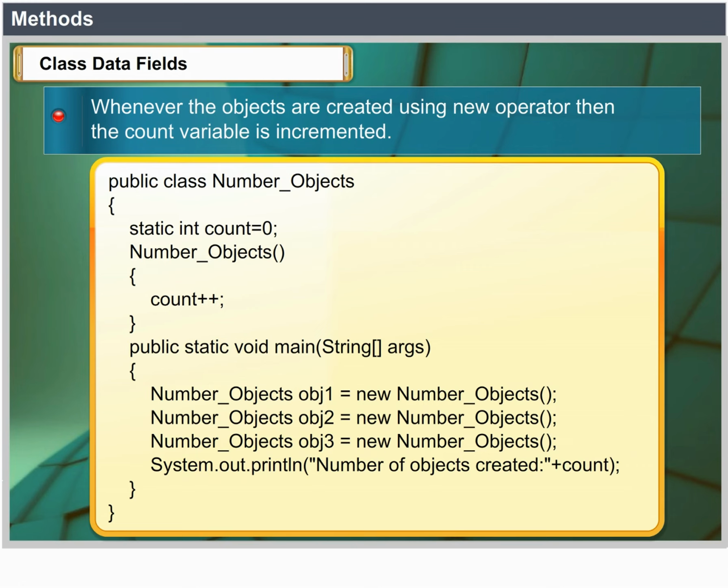public class number_objects { static int count = 0; number_objects() { count++; } public static void main(String[] args) { number_objects obj1 = new number_objects(); number_objects obj2 = new number_objects(); number_objects obj3 = new number_objects(); System.out.println("number of objects created" + count); }